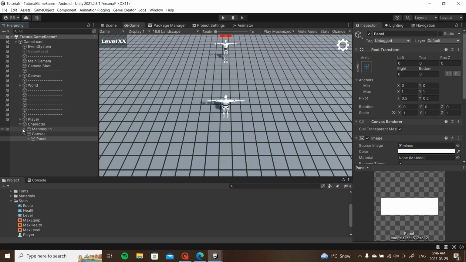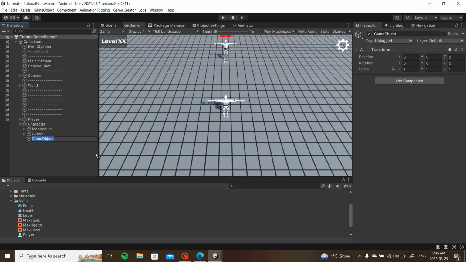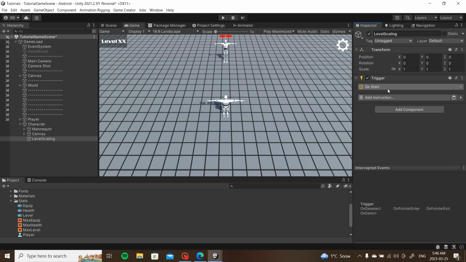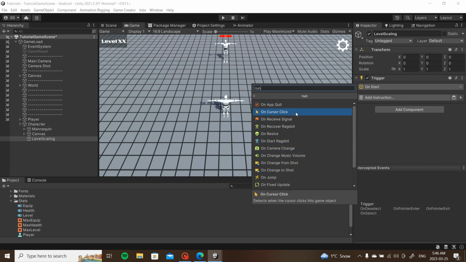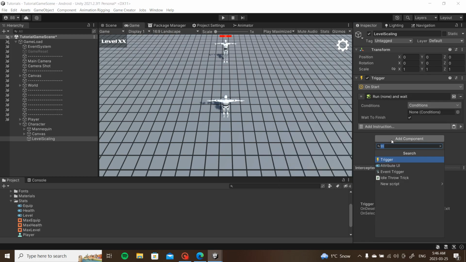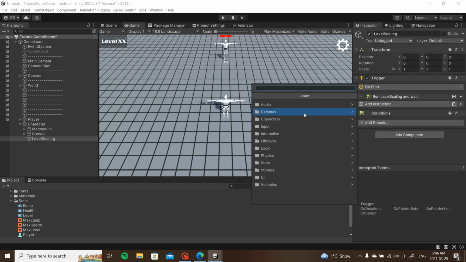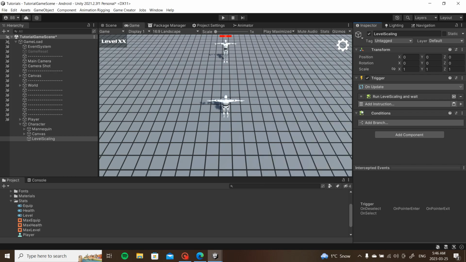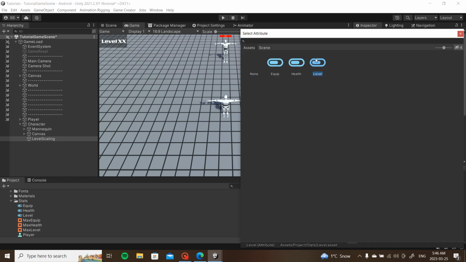Okay, now we're going to add the trigger for it to scale up. So this will be our level scaling trigger, what we came here for. So create an empty. I'm going to call this level scaling, and I'm going to add a trigger. Add instruction, run conditions, add a condition, and this isn't actually going to be on start. This is going to be on update. I think that works better. On update, run conditions. If stat compare attribute player level